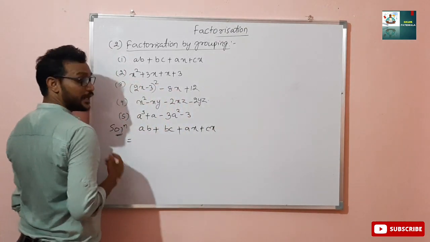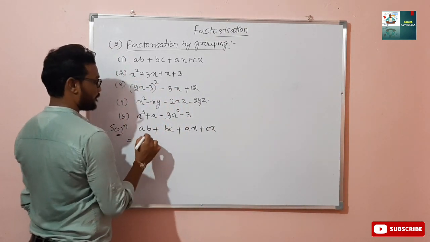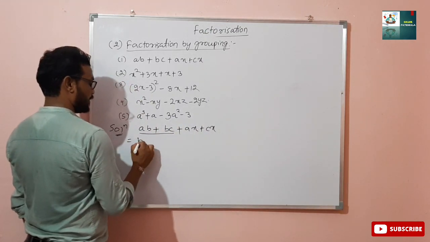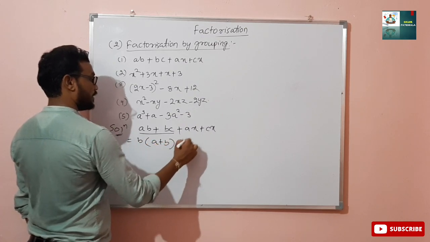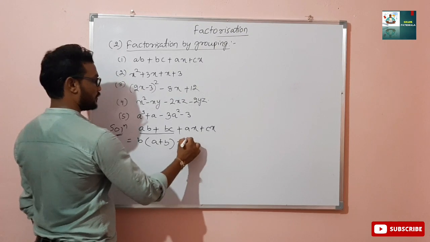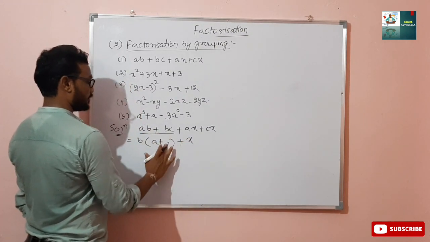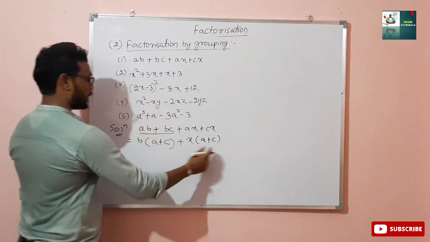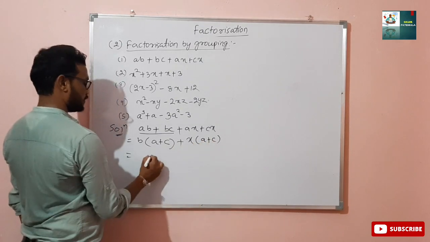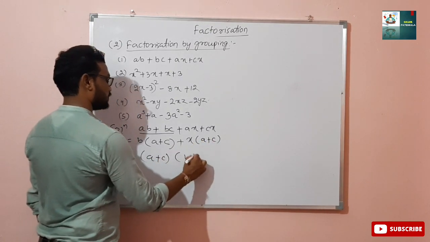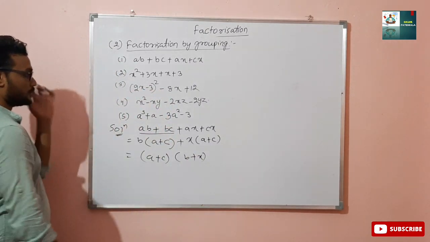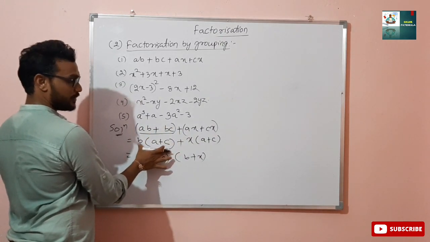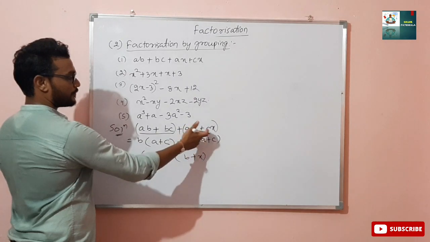So in this case, what will I do? You can do anything as per the question. Here, look at these 2 terms, which one is the common factor? b. So it is b, here a left, here c left. Here x is common, a plus c left. Now look at these 2 terms. Here a plus c, here also a plus c. Take a plus c as common, and this is b plus x. So this is the factorization of this question. You take any 2, make a group. In that group, first of all, do the factorization by taking out the common factor. Then you will do it like this.